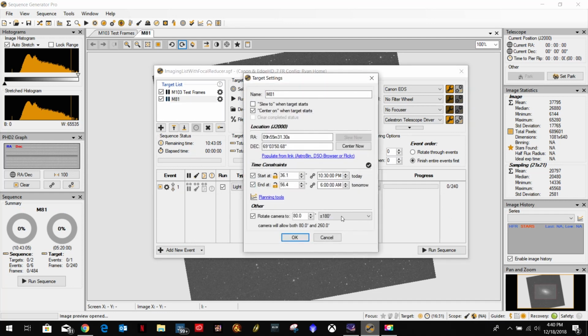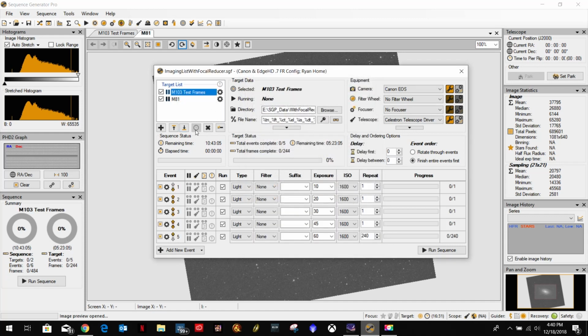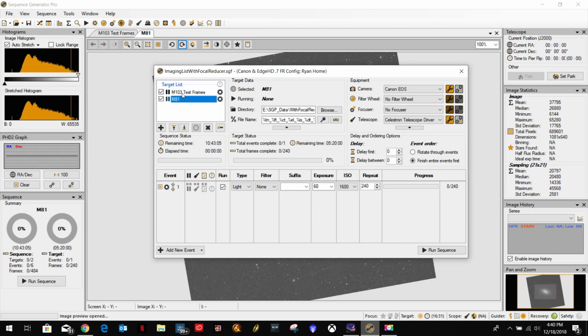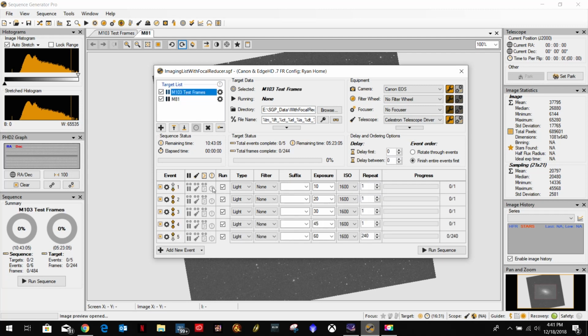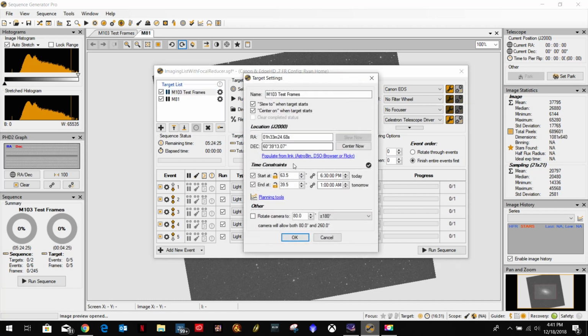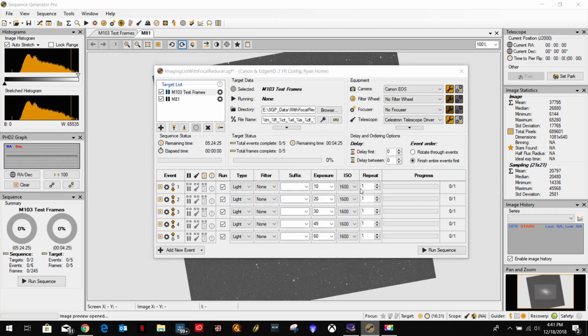Now here we said it can start at 10:30, right? But if the preceding one is still imaging, M81 will not start imaging until it's done with this one. Now let's say if we were back to 1. Okay. Now this kicks off. What time does it kick off? 6:30. We're looking at 63 minutes,